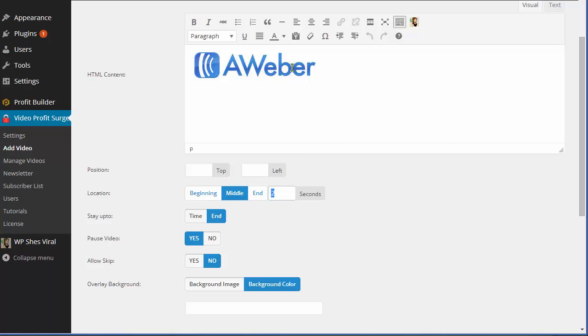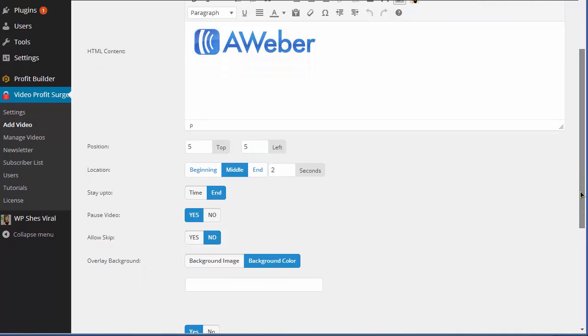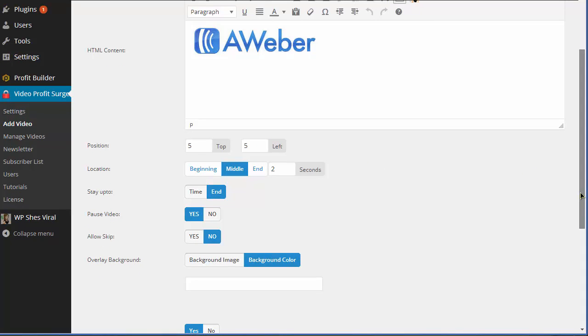Okay, it doesn't have to be an image, it can actually be text, and you can adjust your text here and then set your backgrounds below. Okay, so what we're going to do is set it at the top 5 pixels left, just to adjust it so it isn't sticking out the side of the video. Okay,